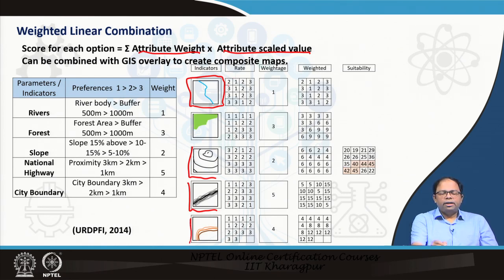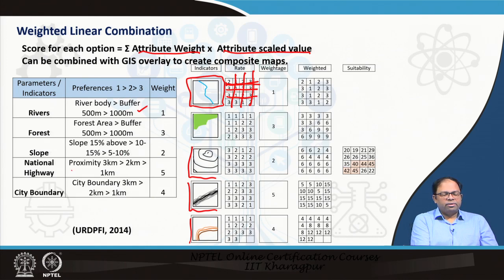Now this entire area is divided into zones. We can call it a grid cell. For example, the entire area is divided into cells, and each cell could be given a score. We first give a rating based on the first criterion, which is river, and we give a score of 1 when that particular cell has a river body. If it is within 500 meters from the river, then we give a score of 2. If it is 1000 meters from the river, we give it a score of 3. And for forest, similarly, if it is within forest area, then we give it a score of 1. Then 500 meters from forest area is 2, and 1,000 meters away it is 3.